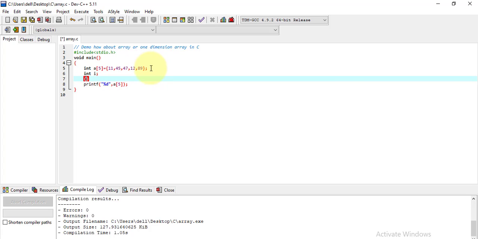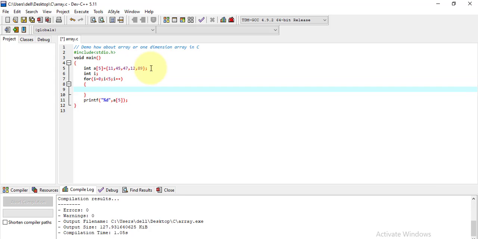Here I write a for loop: initially i is equal to 0, the index number 0, then i less than 5, because the index number goes up to 1 less than the size of the array, so that is up to 4, and then I have to increment the value of i by 1 to loop it. Then here we have to put the curly brackets for this,